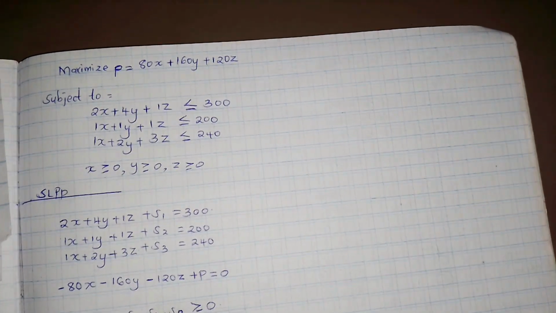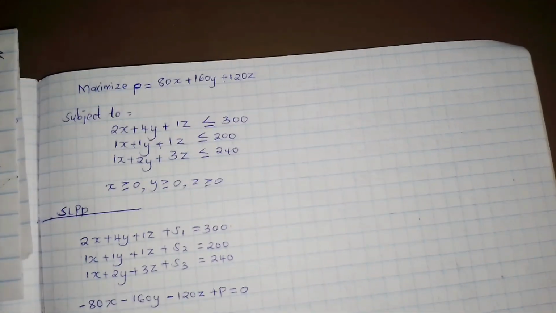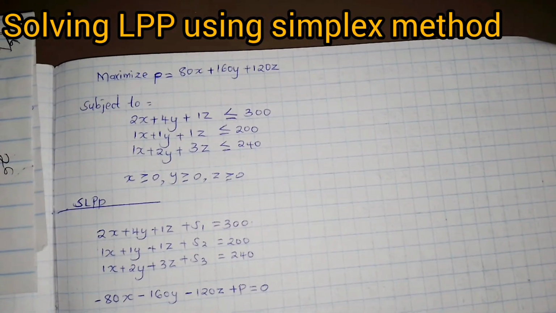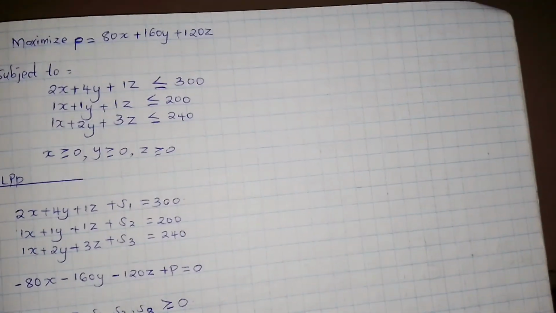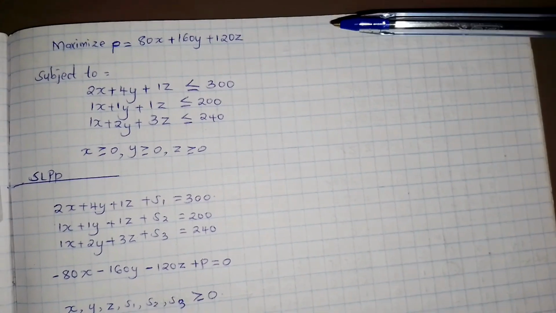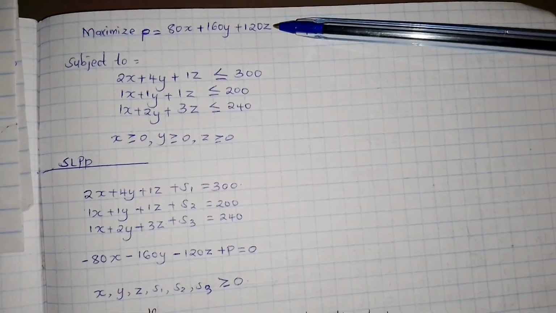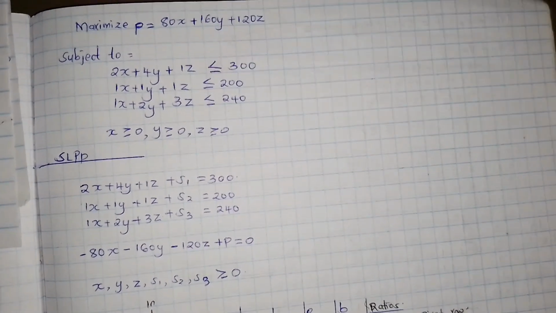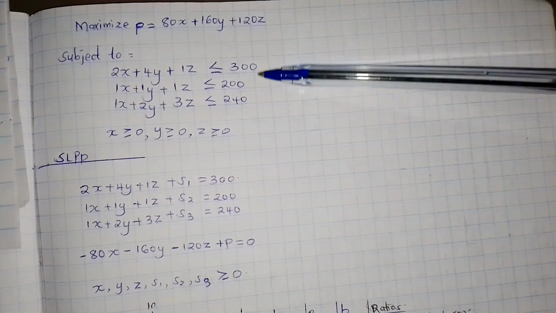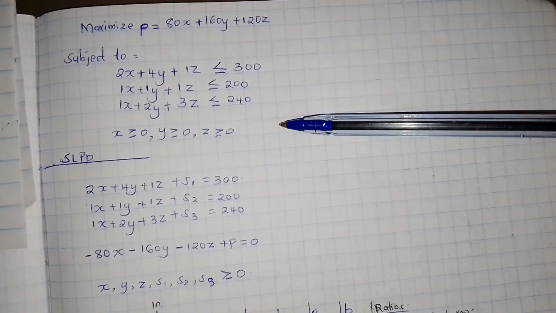So today we are going to check on solving a linear programming problem using the simplex method. For example, let's say this is our problem. We have maximization 80x plus 160y plus 120z subject to 2x 4y 1z. You can see this. So first of all, if you're given a statement, you just have to note